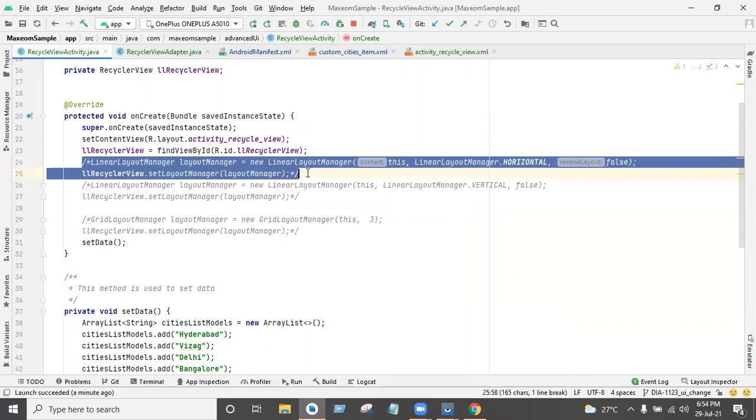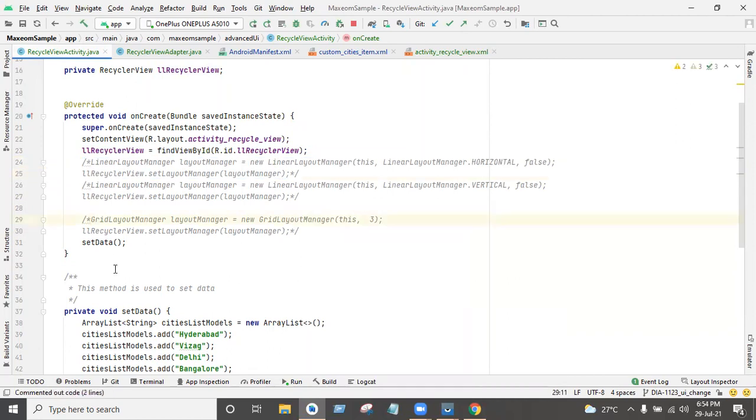If you want a grid, by using this grid layout manager, we can set our data. Here, the span count we have given is 3, right? I already explained the number of columns in grid view. The span count and the number of columns in the layout are the same.